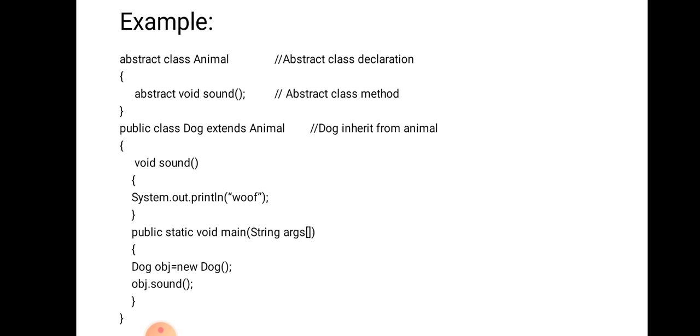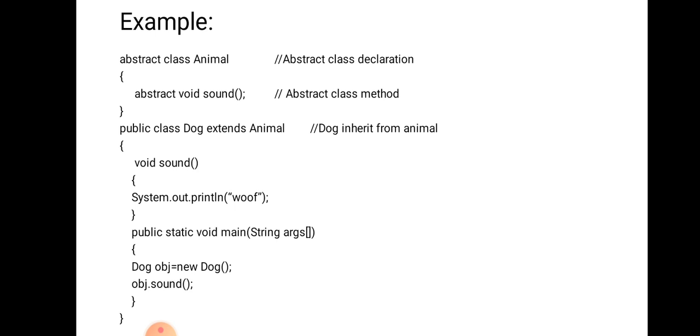So let us see with an example. Here, as I said, we will have a class Animal that has a method sound, and subclasses of it like dog and lion. Every child class must override the method to give its own implementation detail. So here in this example, I have created one class and declared it as abstract. Because I used the keyword abstract, that class will be an abstract class.